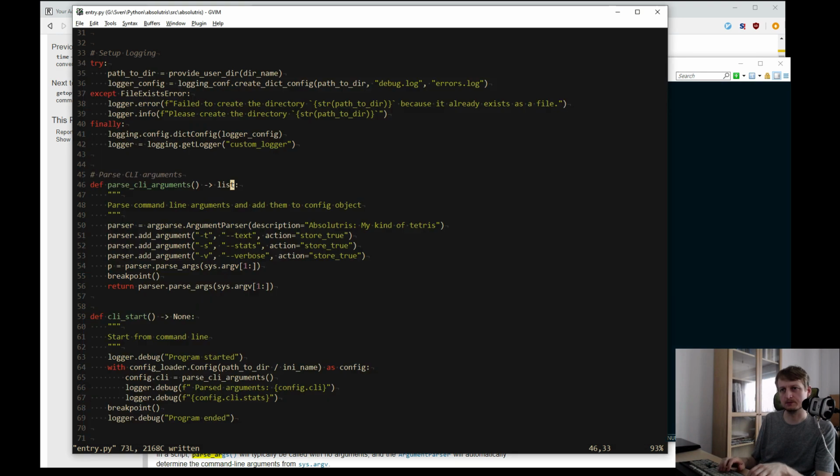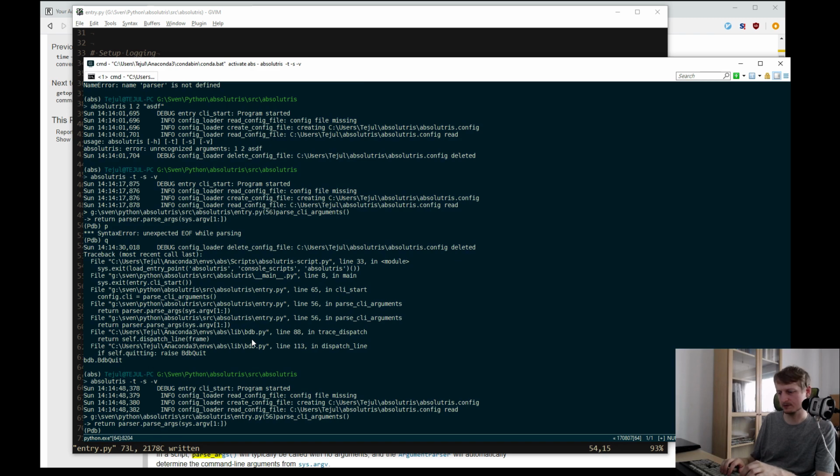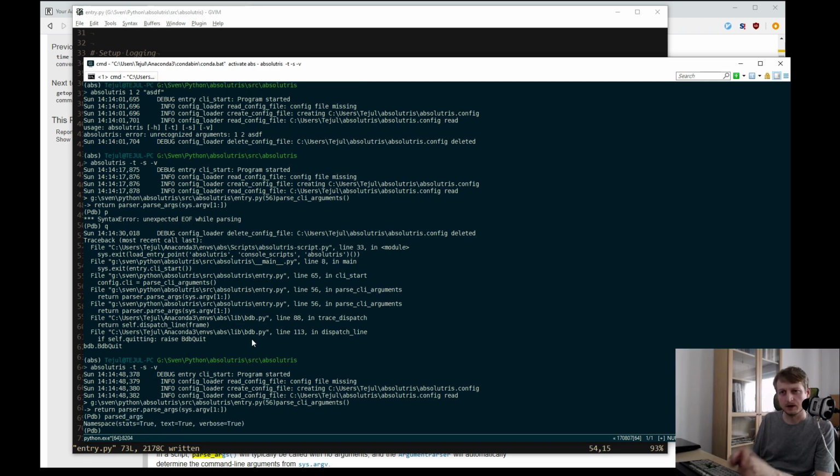I suspect bullshit here, because this Python debugger has some one letter commands which you can't use as variable names. So here we go. It returns a namespace object.